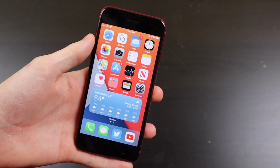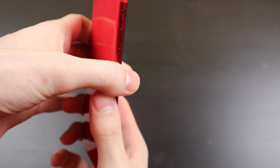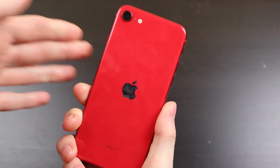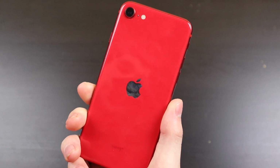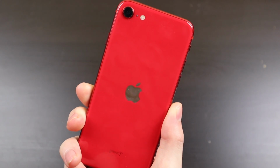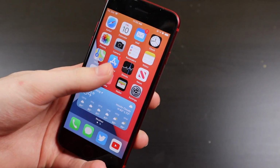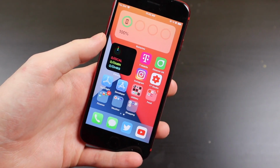Today we're going to be taking a look at iOS 14 on the iPhone SE, and this is something that I just haven't had time to film yet, but I am off work finally. I worked 9 days in a row, so I have some time to get some videos recorded and get some of those out. So this is my iPhone SE 2020, and I actually just last night restored it